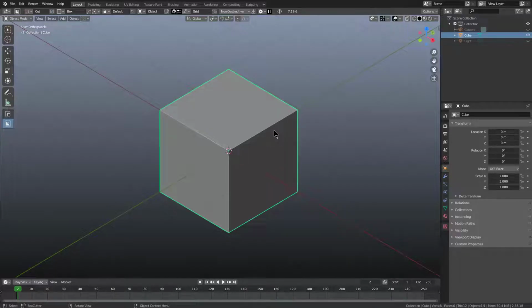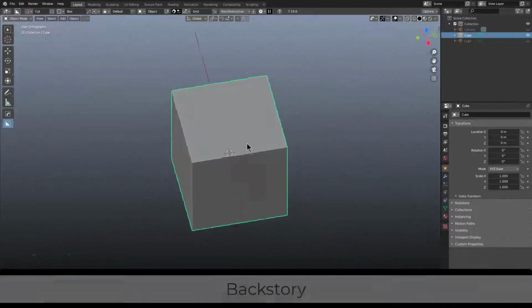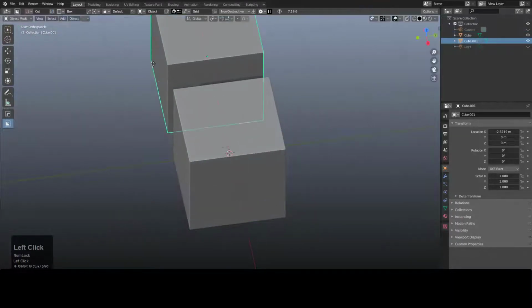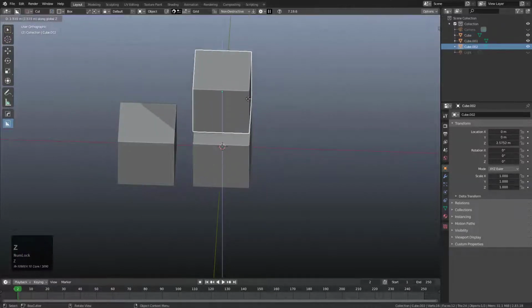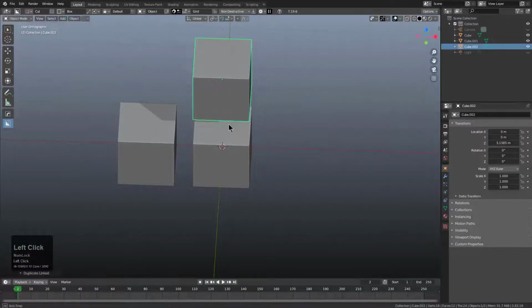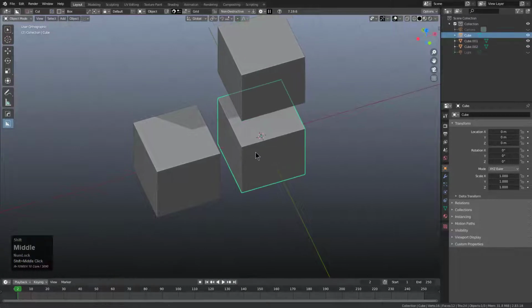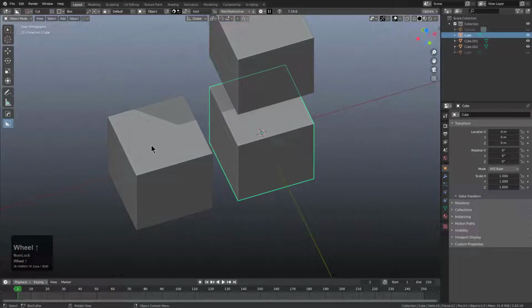Whenever it comes to Blender, there's two types of duplicate. There's Shift D, and then we'll use X to place it over to the side, and then there's Alt D, which we'll use Z and place it up above. And the difference between these two applies is that this particular apply that was done with Shift D is no